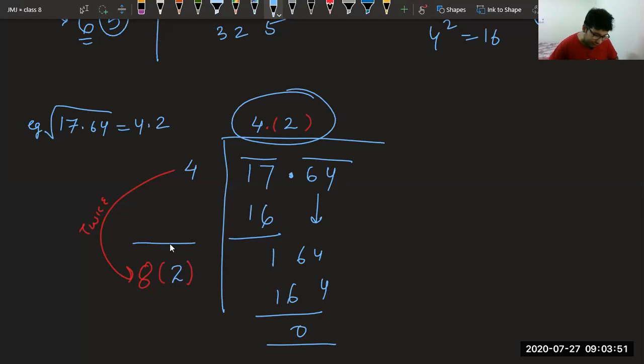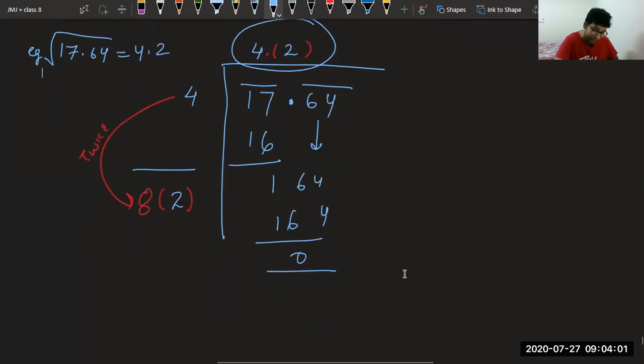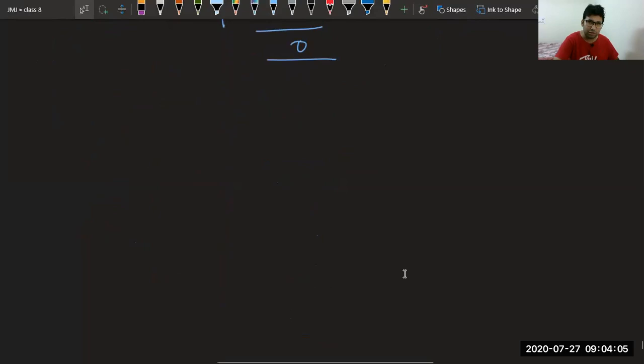Now let me take one more example. Do you want one more example? Yes, sir. Okay. Let me take one more example, but I will not touch the exercise then. Please see one more example. This will make everything clear. You will have to solve the exercise on your own. I don't want any doubts in the exercise.